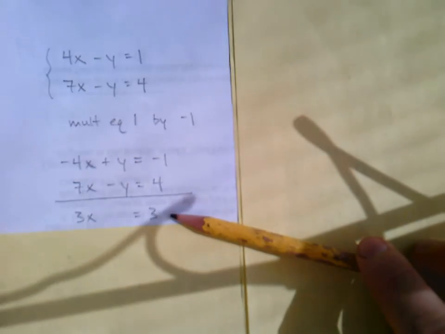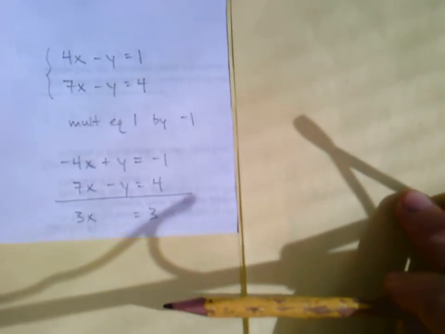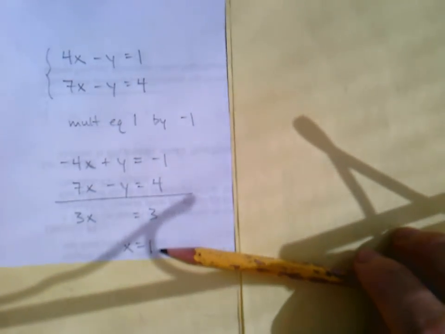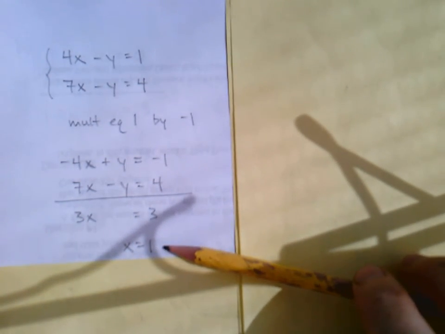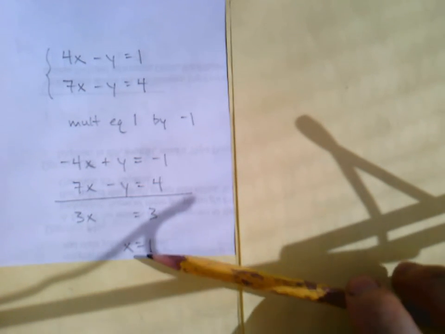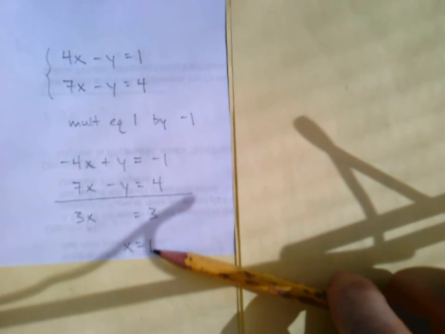So 3x equals 3. Hey, I can just divide by 3 and x equals 1. Okay, this is great news. As soon as you get the value of one of the variables, now it's going to unfold pretty quick. So we're going to take that x